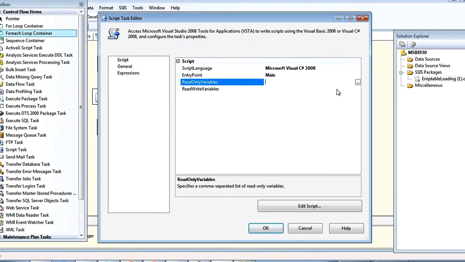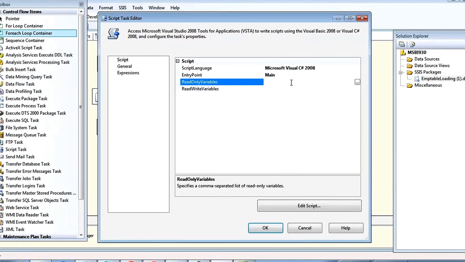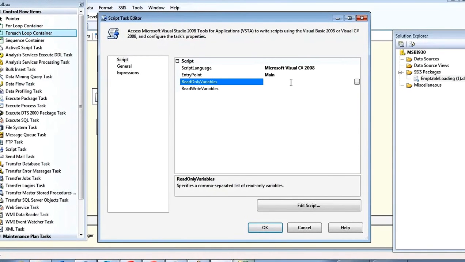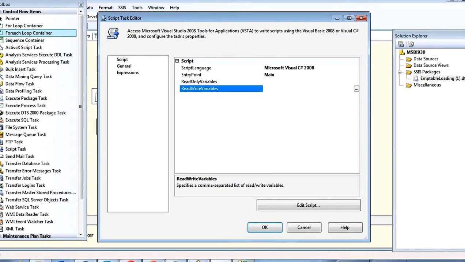What are the read only variables and read write variables? There are two kinds of variables. One is where you can access the variable and take the data from it, so you are just reading the variable. But if you want to use a variable for read and write, write means you assign a value to that particular variable.